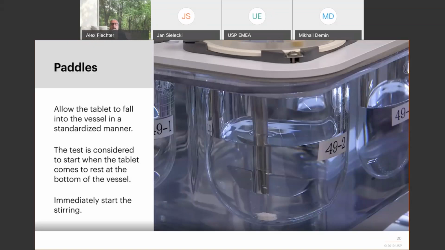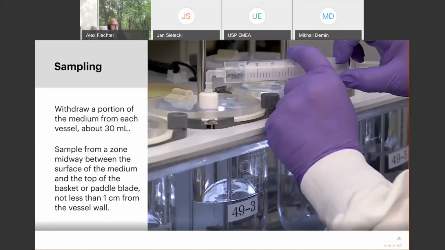But also the paddle is not supposed to be steered, because when the tablet is falling down, it potentially could be hit by one of the blades and could crack or fall apart, and hence the disintegration part is much faster, and the mechanical lag is different than from that one that was hit by the blade to the other ones that are in place. So again, when you think of the coefficient variation, that could be an instrumental part.